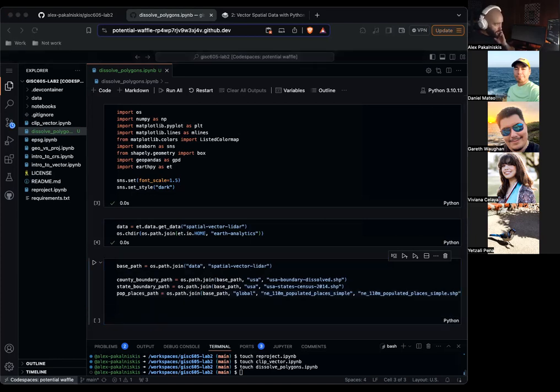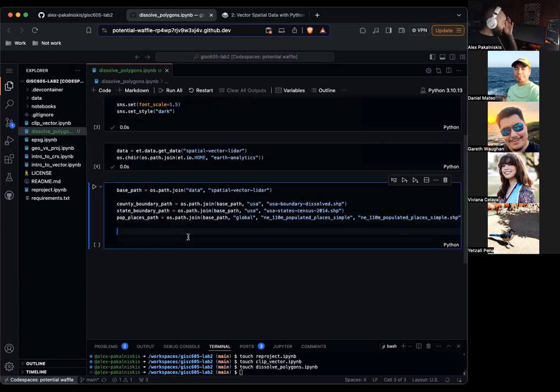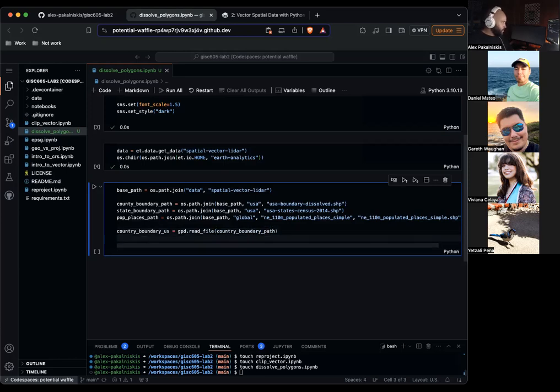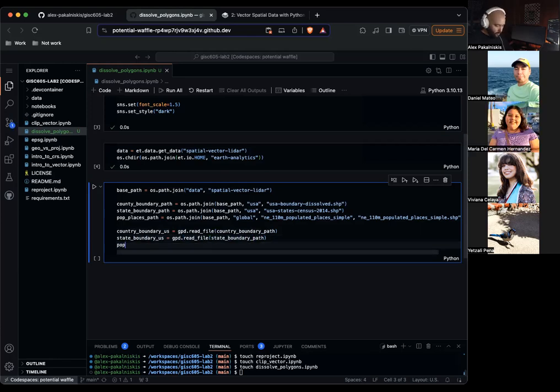And now let's import the data with GeoPandas. Equals gpd.read_file, and pop places equals